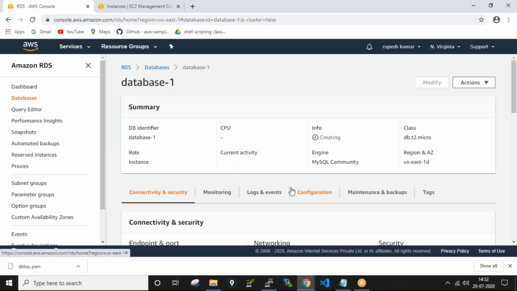Maybe I'm getting a poor network, I think. It's still in creating status.